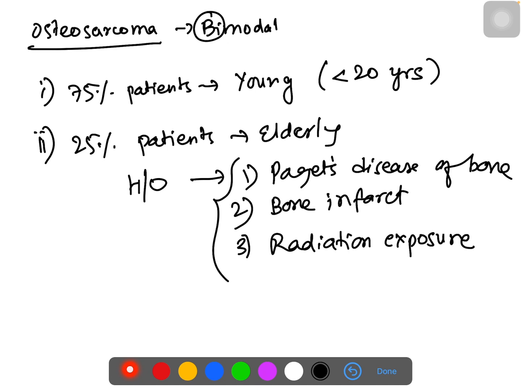So these are referred to as the risk factors of osteosarcoma. Okay, are there any other things that can cause osteosarcoma? So there is a genetic basis of osteosarcoma. Now, if you are talking about the genetic basis of osteosarcoma, we'll find that there is a gene mutation,